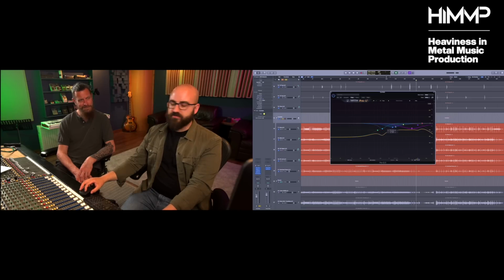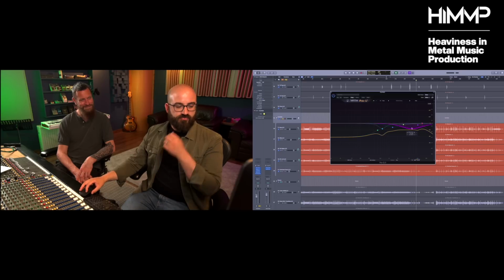A lot of my EQ will be about the snare in this range as well, like the 1300 frequency range, which is probably to do with the attack of the snare. And then it's really normal for me to cut quite a lot around 6 or 7K, in this case by up to 8 dB, with a little bit of dynamic push added to that as well.